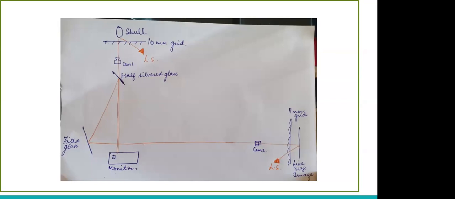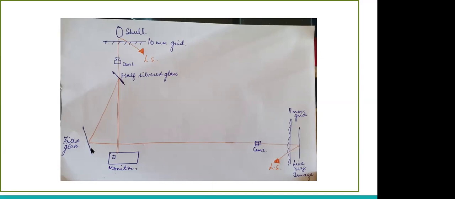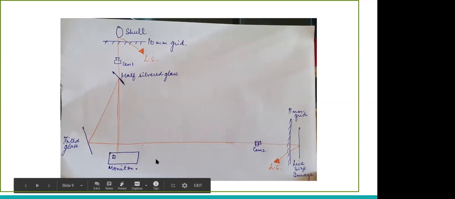So there's a light source in orange that you can see. The light source throws light on both subjects, and then the camera records the image. Once this image is in the camera, it goes back here to the tinted glass. Because of the tinted glass, the light reflects and goes to the half silvered glass. The light coming from the skull, because it's half silvered, passes through it and reaches the monitor, while the one coming from the tinted glass side strikes the half silvered side and also gets reflected to the monitor. Then you do the analysis.